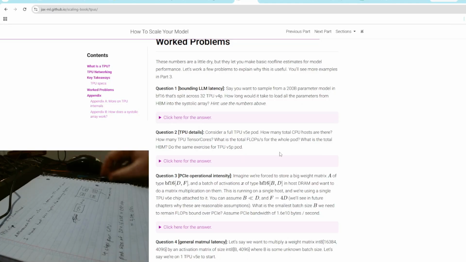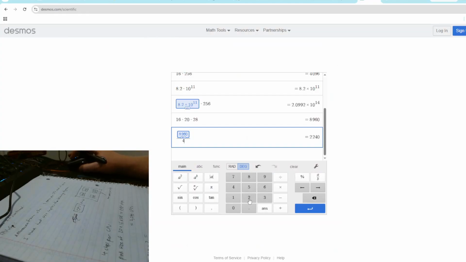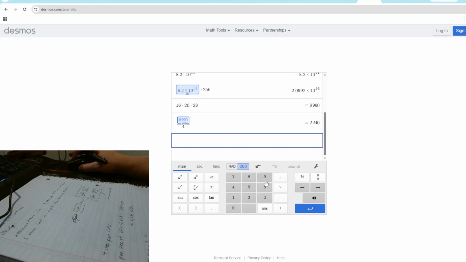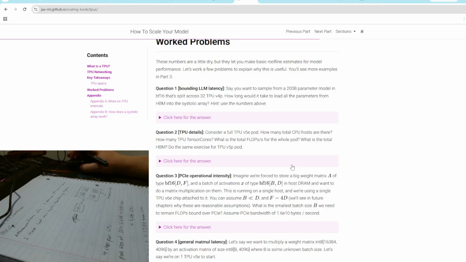Okay, how many TPU tensor cores? 8,960 times 2 equals, what is that, 17,920 tensor cores, and then